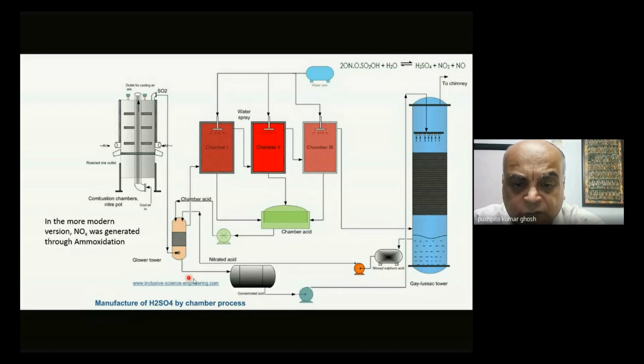Finally, that strong sulfuric acid was going into a container, and this sulfuric acid concentration is roughly about 78%. When this reaction took place, the equilibrium shifted to the right, and I formed NO2 and NO in the free state, not as a bound nitrosyl sulfate. So that, along with my air, the oxygen in the air plus the nitrogen, were being taken to these chambers,